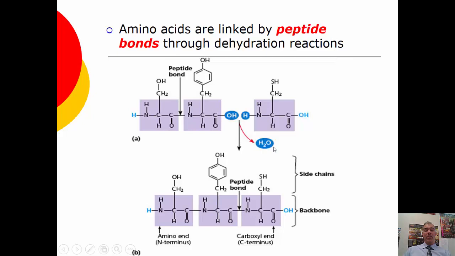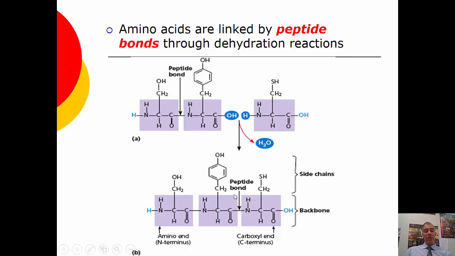through a dehydration synthesis reaction, forming a polypeptide, or adding an amino acid to the next amino acid, basically. So you can see here, in purple, we have the basic structure of the amino acid. Your peptide bond's always going to be between the carboxylic acid carbon, with the acid group right there, and the neighboring amino group. So you get rid of the OH from the carboxylic acid and the H, you form water, and then we form a peptide bond, which is a covalent bond between the amino acids. This is a very strong bond.